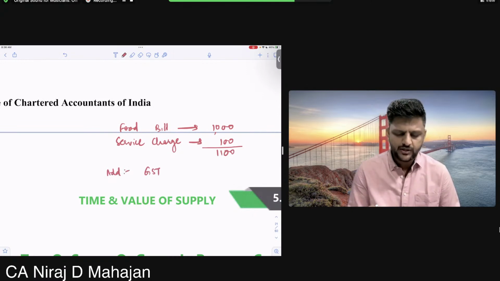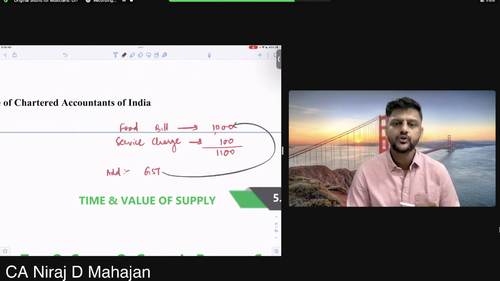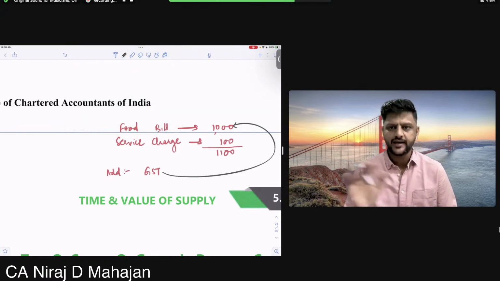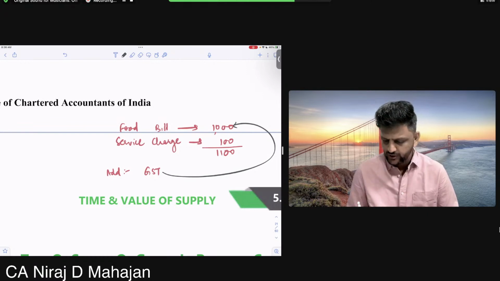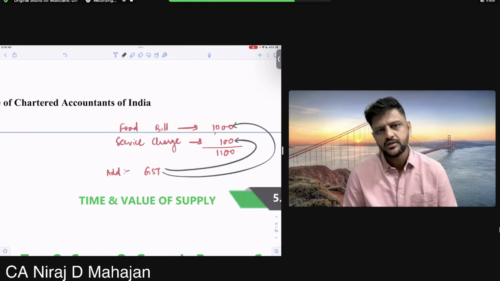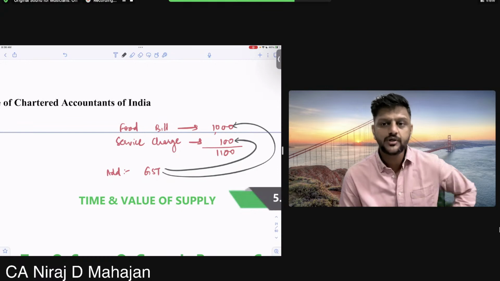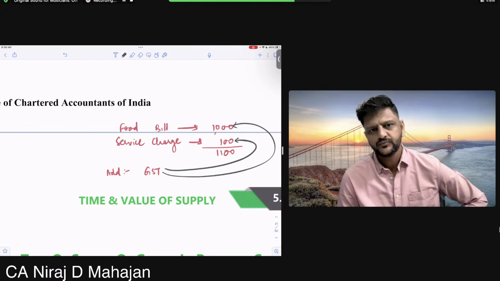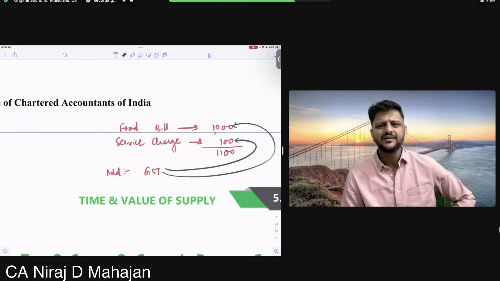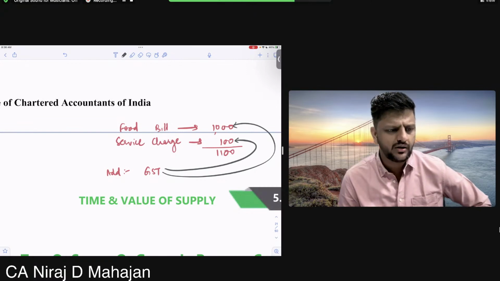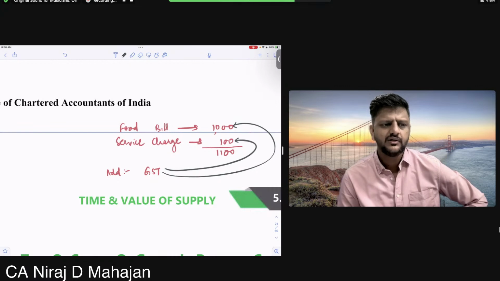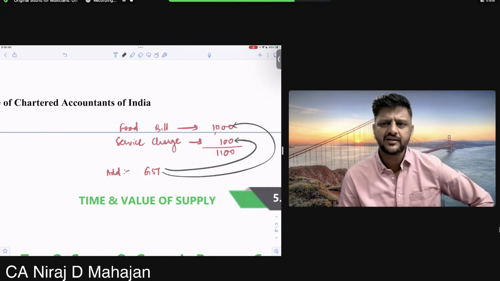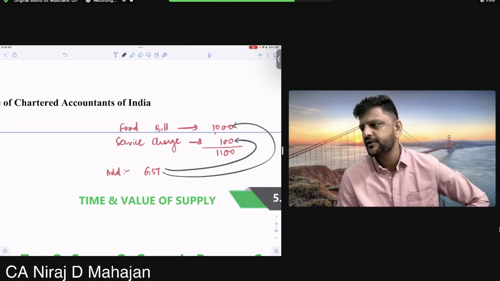So here what is happening? You are not charging tax, बच्चों, only on this 1,000, your actual supply. Something additional, extra, whatever might be there in your invoice, even on that you are charging the GST. So what is the value of supply in this example? 1100 and not just 1,000. Service charge is something at times taken as an extra fee from customers, in a way these days like a compulsory tip. Tip, you understand a tip?